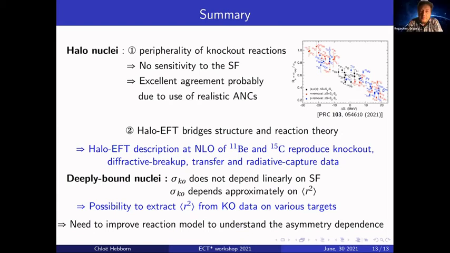But my impression, and this should be checked, is that knockout reactions are somehow still peripheral, so you don't probe the whole wave function. And this is what explains this nonlinear dependency on the spectroscopic factor. And I don't think that going to larger beam energy will solve the issue. Well, but you mentioned that stripping is more sensitive to the interior, but I think this statement is energy dependent, right? So if you go to lower energies, for example, would that still be the case?